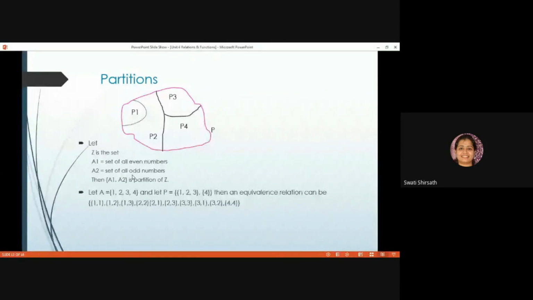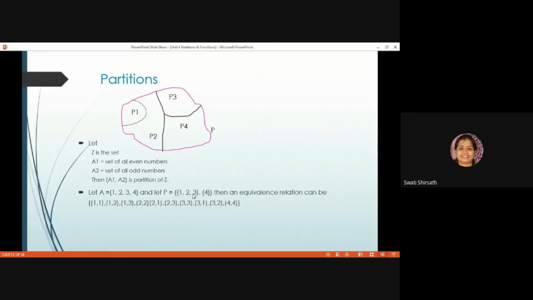Okay, this partition is written in set form like this. Suppose P1 has 1, 2, 3. Partitions are nothing but a collection of blocks. Collection of blocks means collection of subsets. I would say it is similar to a power set, but you can generate equivalence relations from that, and you can have equivalence classes for that. Okay, so let's see how it can be done.